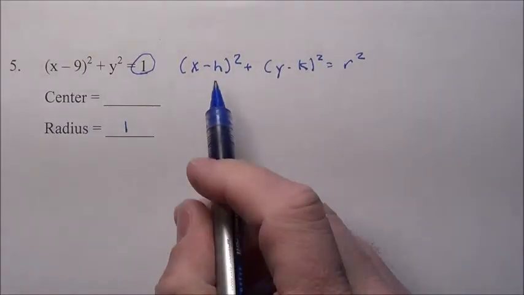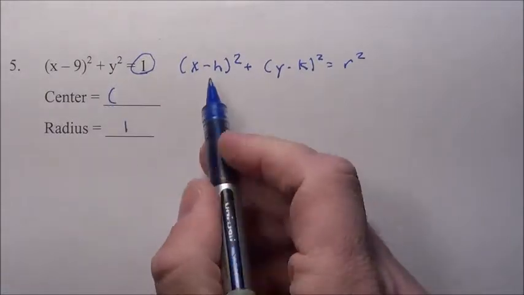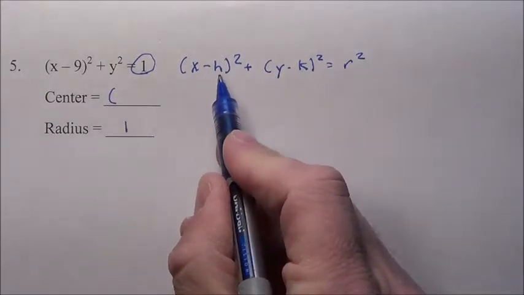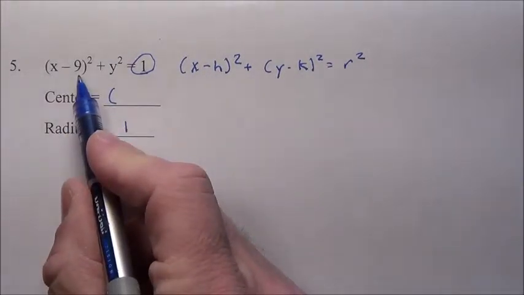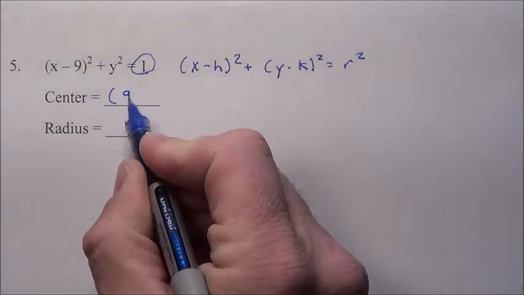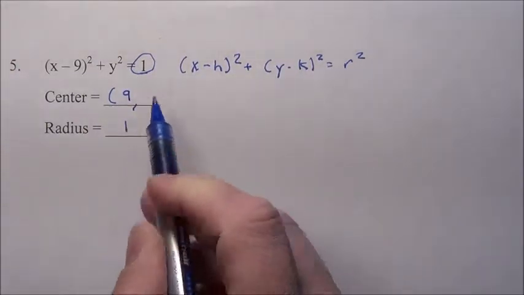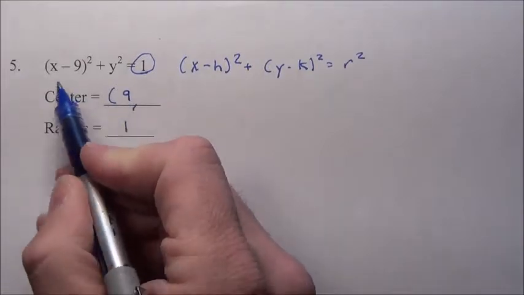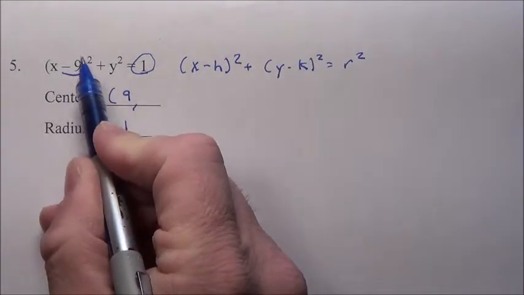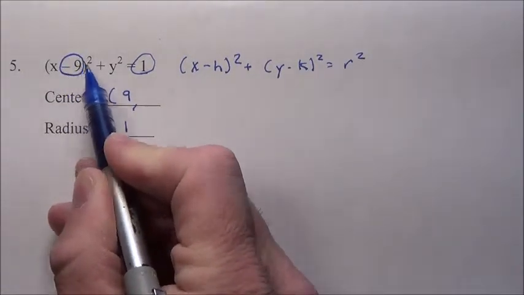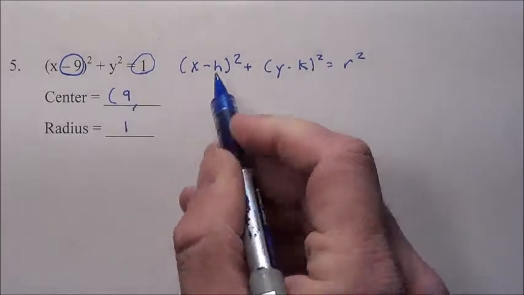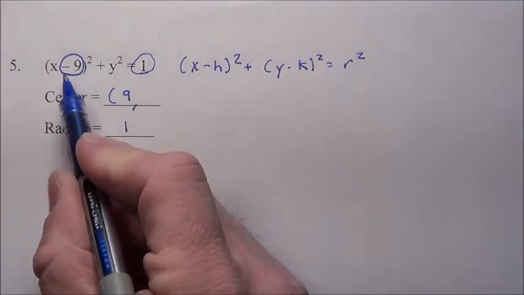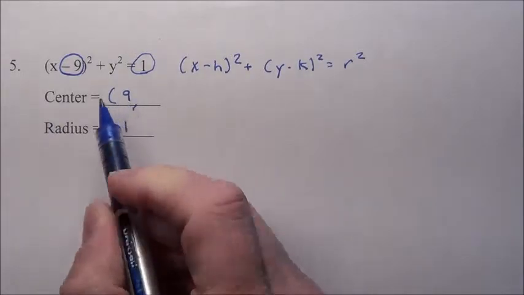So now the center, the x value is simply minus whatever h is. Well, here it says minus 9. So you and I know the center is at 9 comma something. Whenever you look at this, it's always going to be the opposite of whatever you have there. Since you have a negative 9, just make it a positive 9, because the formula says minus whatever you have. Since it's minus a 9, then we know it's a 9.